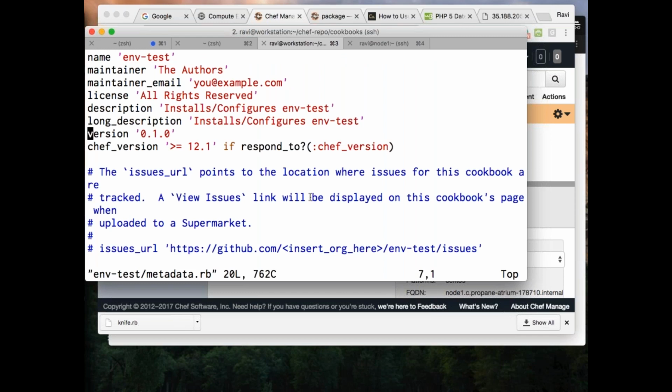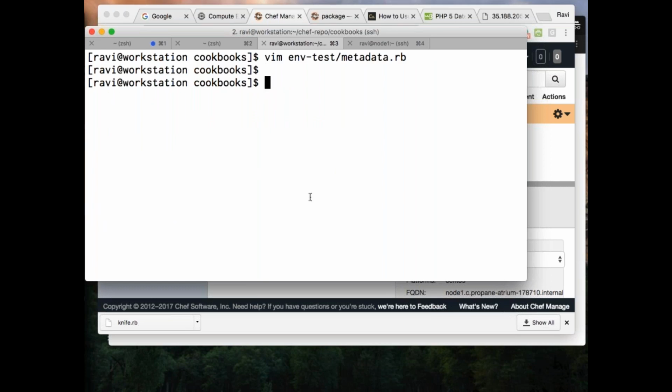And here it is 0.1.0. So let it be like this only. And I'll say knife cookbook upload. Okay, we did not create environments, right? Let's go and create environments first. Say upload environment test.